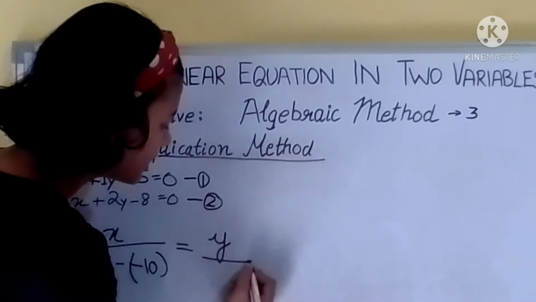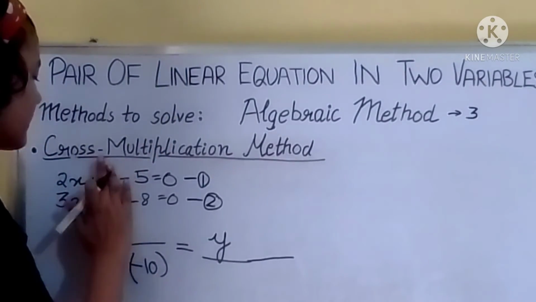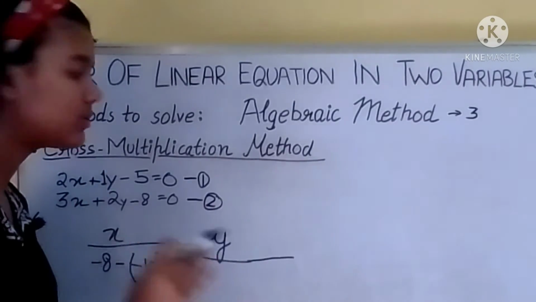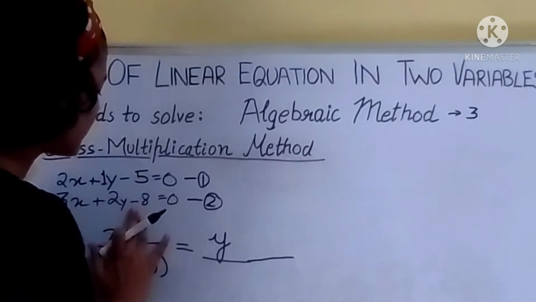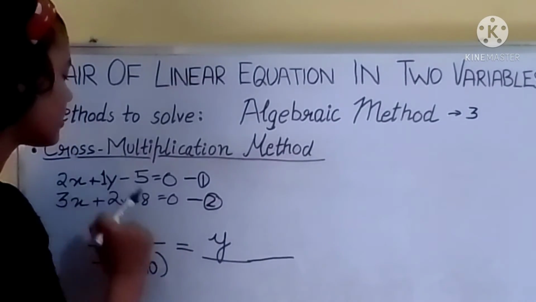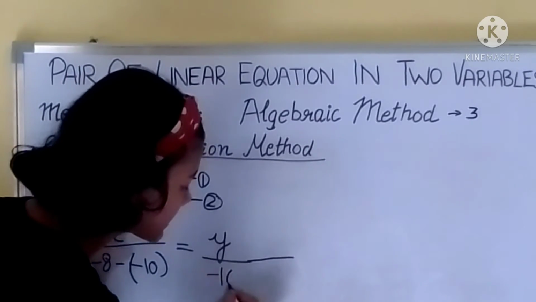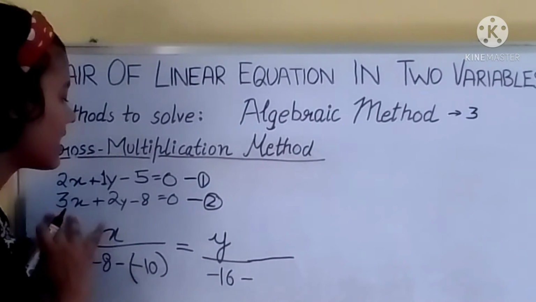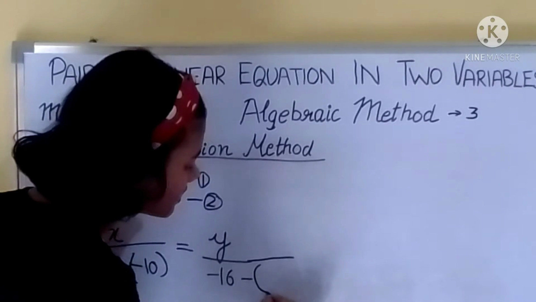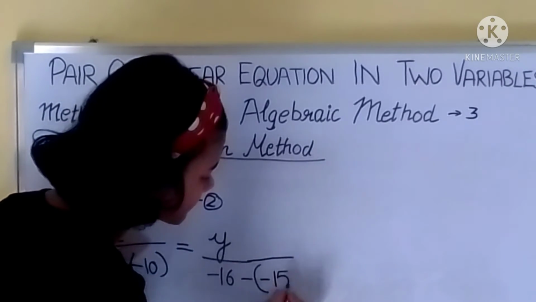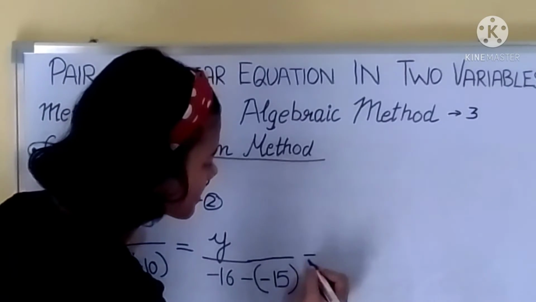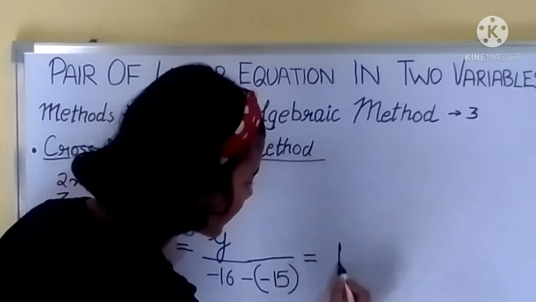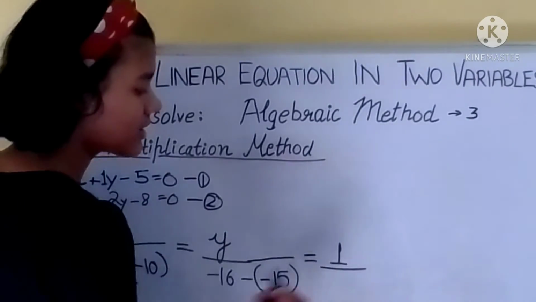Now we will hide the terms of y. Okay. So when we hide the terms of y, what we will see here is 2x, where 2 is the coefficient of x and then the constant term is minus 8. Okay. So 2 8s are 16. So minus 16 because minus was there. Then again minus. Then the next coefficient is 3 and then 5. Okay. So 3 into minus 5 is equal to minus 15. Then equal to. Now we will hide the coefficient term. Okay. First we will write here 1.